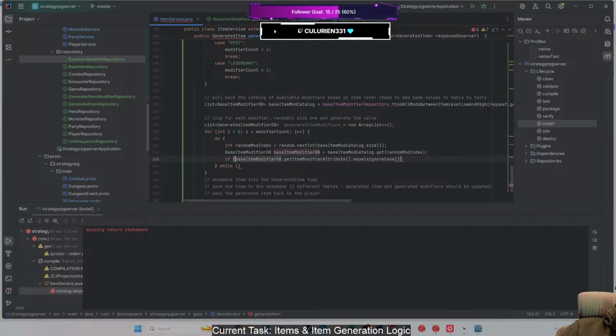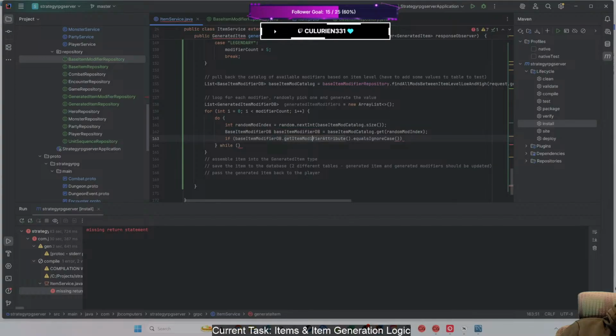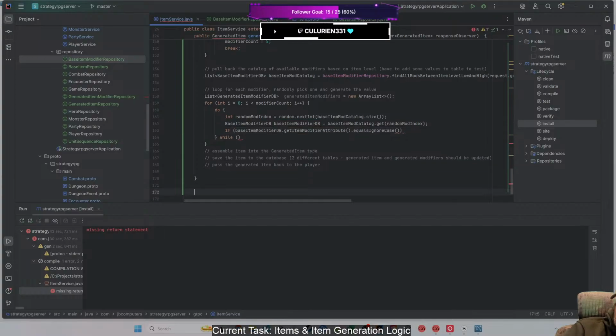I might have to create a separate method here because we're actually going to have to loop through that